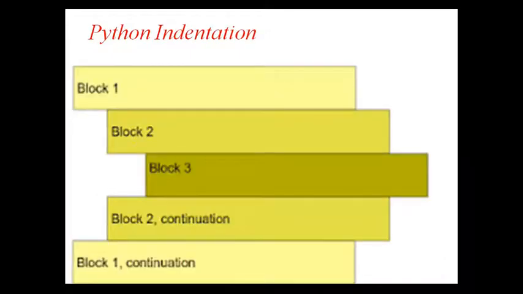Next is Python indentation. Indentation is the most important thing in Python, as we are not using curly braces in Python. So in Python programming, a group of code or statements is arranged in an individual block. Each block is separated with indentation, like this one. Each block is shown by indentation, like this block, then a particular sub block, then another sub block, then the end of this block.